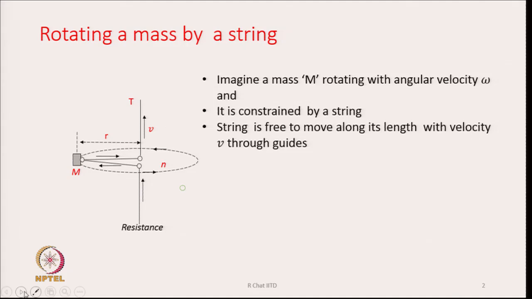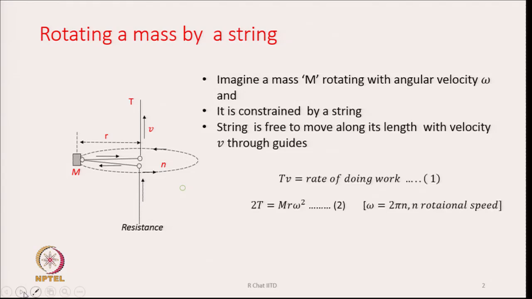Now, this is quite similar to what we see in a spinning balloon as well. This is the system we try to understand first. The rate of doing work in this case is going to be tension into the velocity with which the string is running, that is T v is the rate of doing work. And the other equation